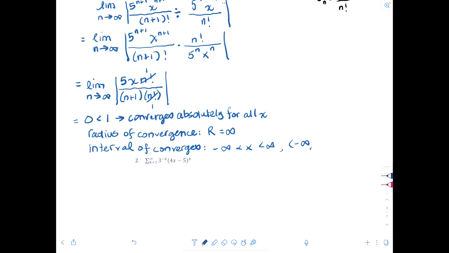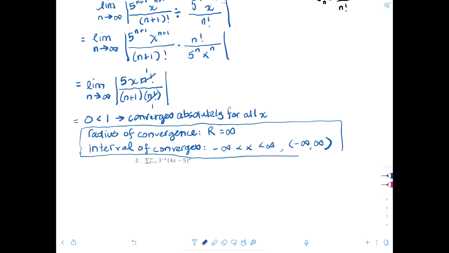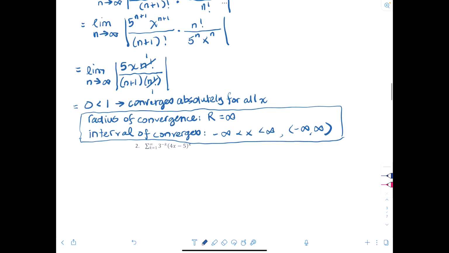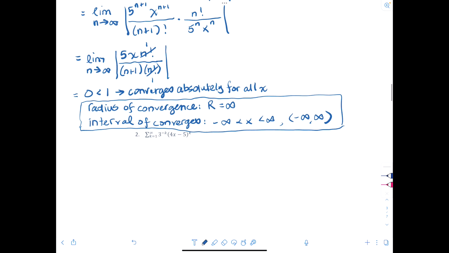minus infinity to infinity. I wanted to just remind you that it's about x is what those parentheses are, you know, that interval has x in it. Okay? All right, so now let's look at this one, number 2, right? This one, the ratio test would probably work just fine, but just for the heck of it, let's go ahead